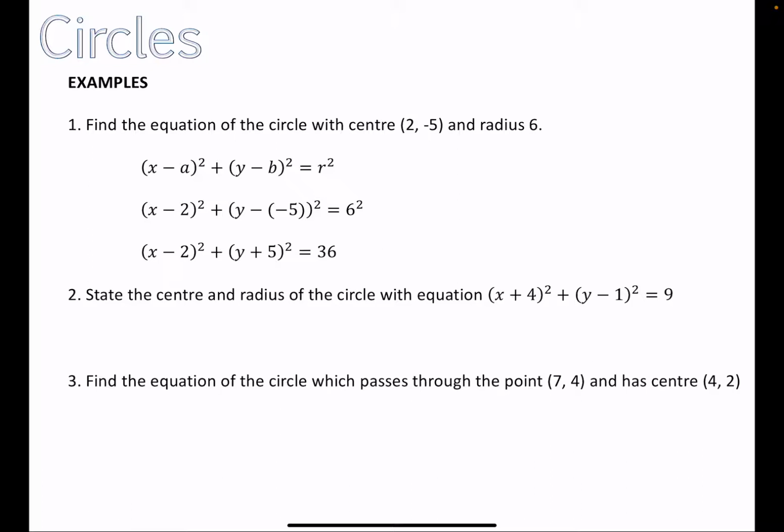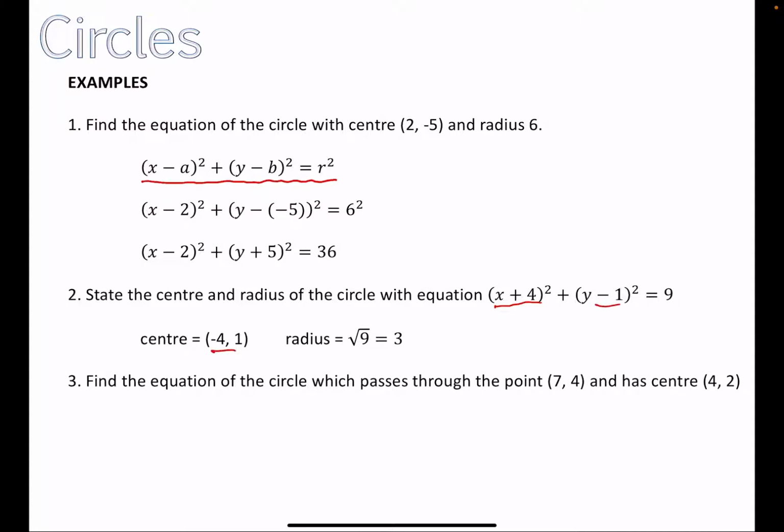So then the reverse of that is to take the equation of a circle, and actually find what the radius is and find what the center is. Okay, so here we have x plus 4 all squared plus y minus 1 all squared equal to 9. So the center is going to be to do with the numbers in the brackets. Again, just be careful with your negatives because it's minus in the first instance. If you go back to looking at this one here, it's x minus a squared. Given that we have x plus 4 here, that means that the first coordinate is minus 4. For the second one, it's just 1,